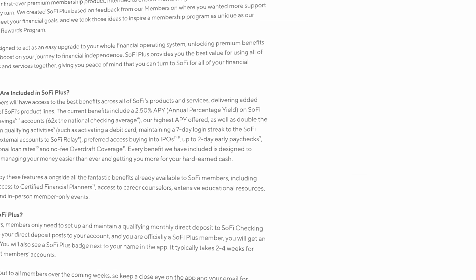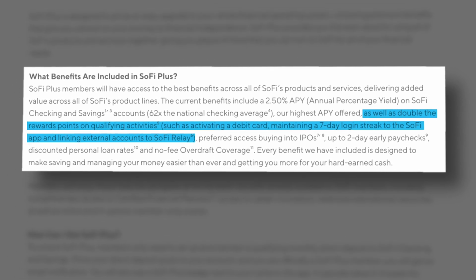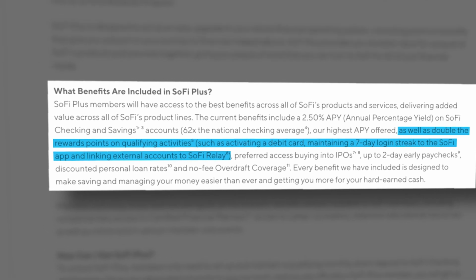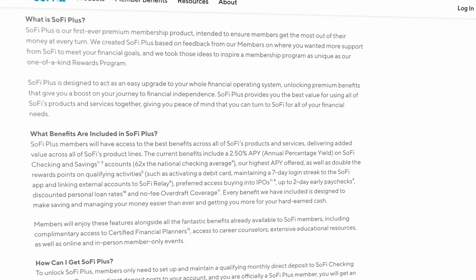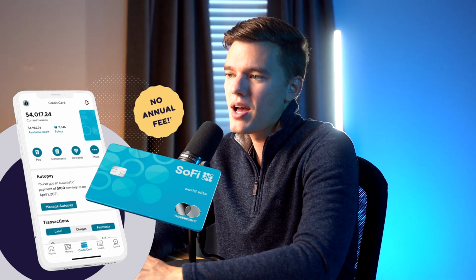You also get double the rewards points on qualifying activities, which includes some basic things like activating your debit card, maintaining a 7-day login streak within the SoFi app, and even linking other external accounts to your SoFi Relay budgeting platform. And if you have the SoFi credit card, then you're probably familiar with how these points work, but essentially